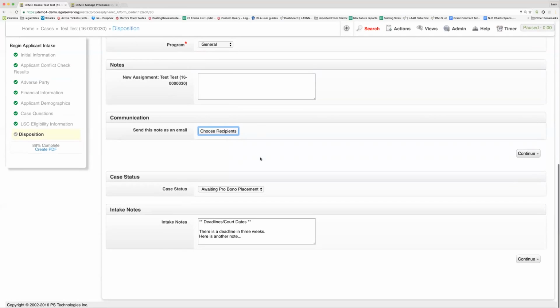And then lastly, before our notes, we've got our case status. It's pretty typical to have this on the disposition page. A lot of programs will default this to a certain value that every case being opened up or set to pending should have. So in our demo site here, of course, you can see it's defaulting to awaiting pro bono placement, but that could be whatever value makes sense for your program. We'll hit continue one last time,